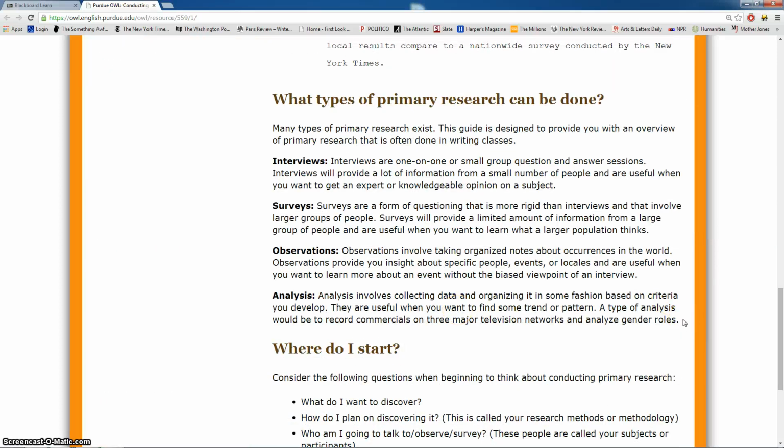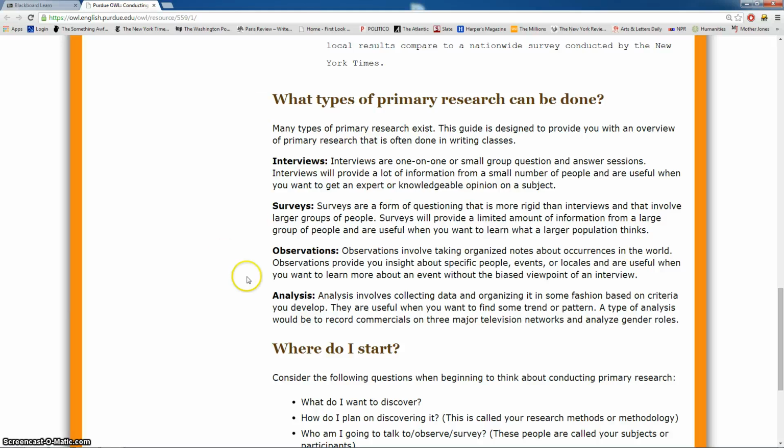Here are some examples, just quickly, of different kinds of primary sources. Interviews: interview someone else in the community, interview an expert on that community, stuff like that. Surveys: come up with some questions that you think will help you come to some conclusions about or help you describe whatever community you happen to be describing. Observation: go to a meeting, go to a place where this community actually is in action and see how they talk, see how they communicate, get a handle on what's going on on the ground.